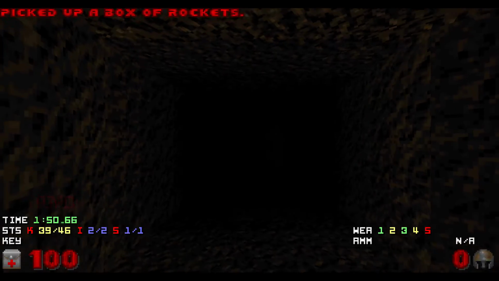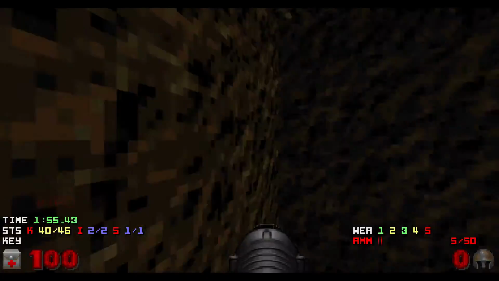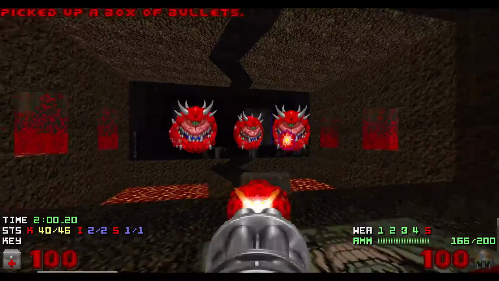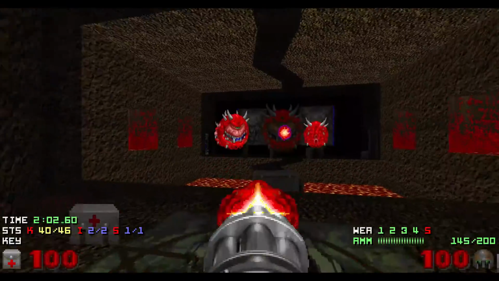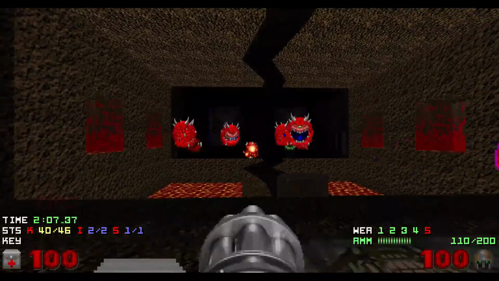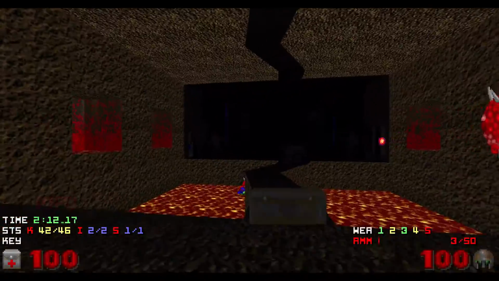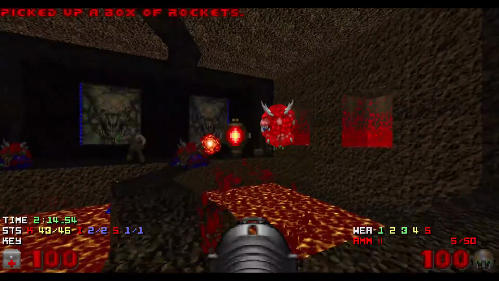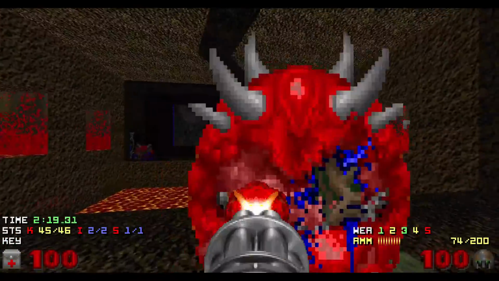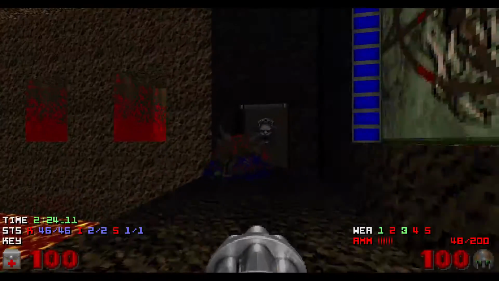So once again we can see that Spectre is the 40th monster. I've not missed anything. The invisibility has worn off, so I'm not taking too many chances down here as I beat back the tomatoes with the chain gun. Unfortunately the barrels didn't blow up too close to that Hell Knight. Oh, the cacodemons coming towards me. And I would wait for the infighting, but I don't have any time for that nonsense, so...